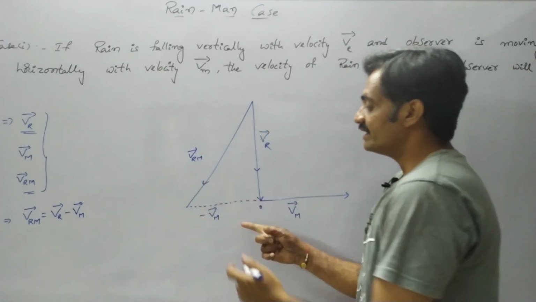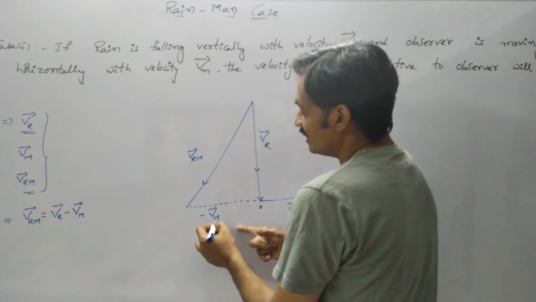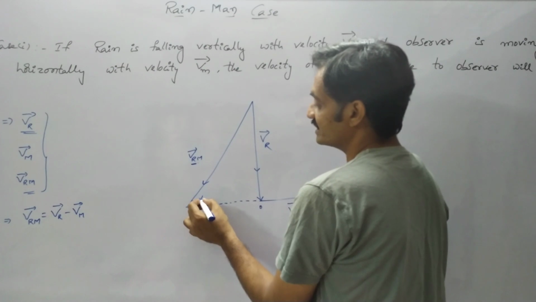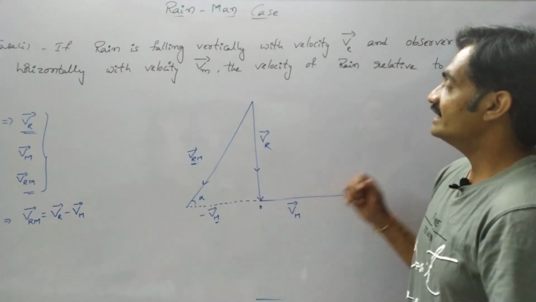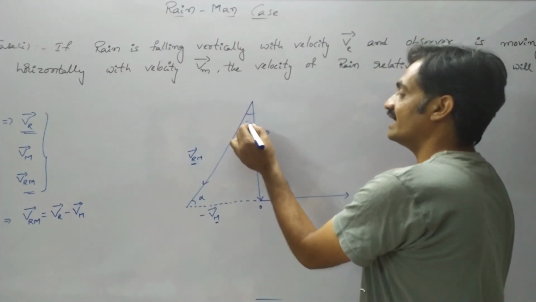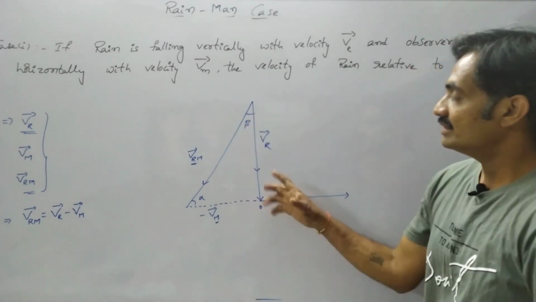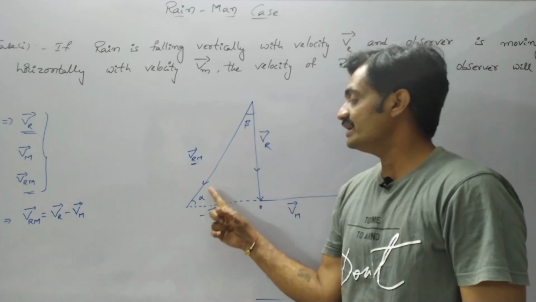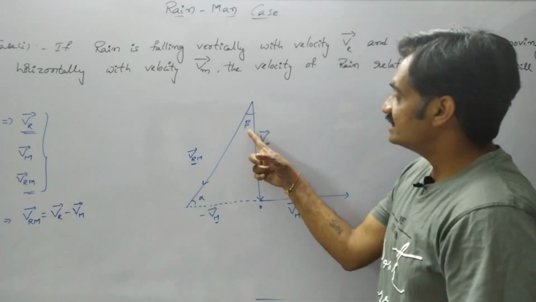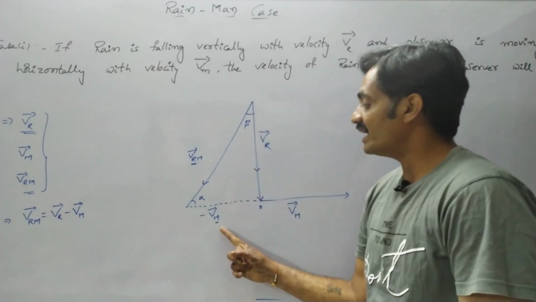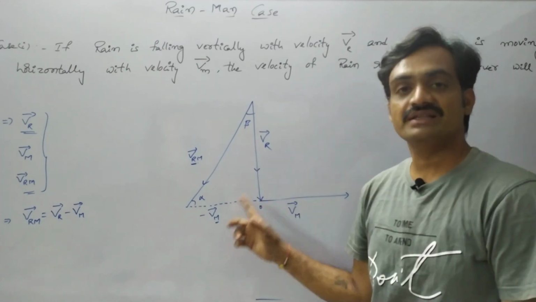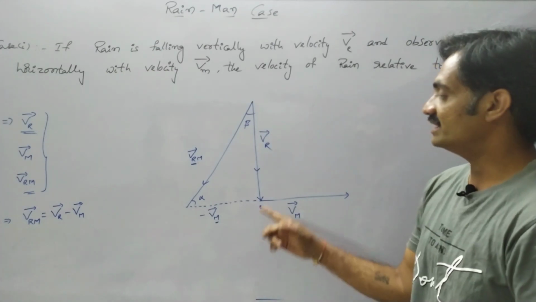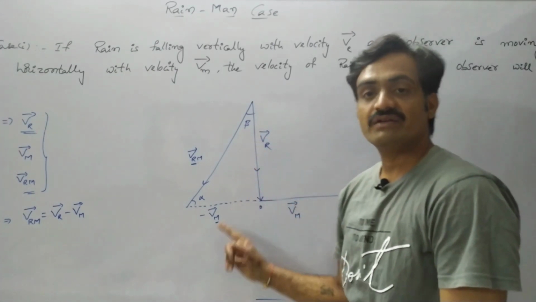So here the angle between the velocity of the man and the velocity of rain with respect to man is represented as alpha, and here we consider the other angle as beta. Now observe that this is the position with which the rain will appear to this man, as this is the angle made by the man for holding the umbrella so that he may not get wet.